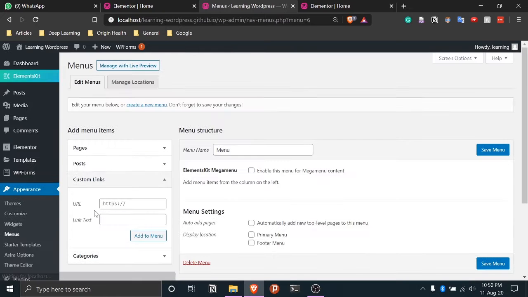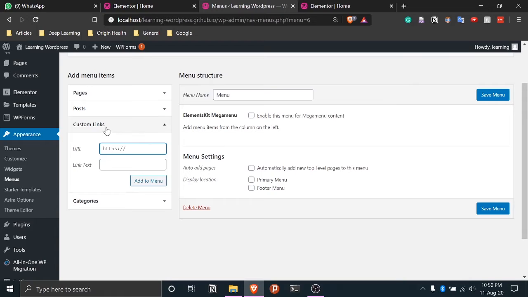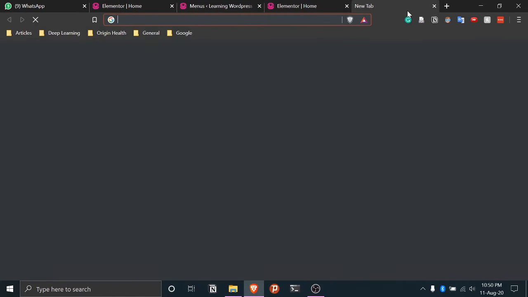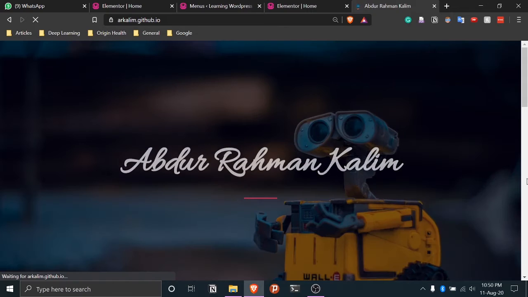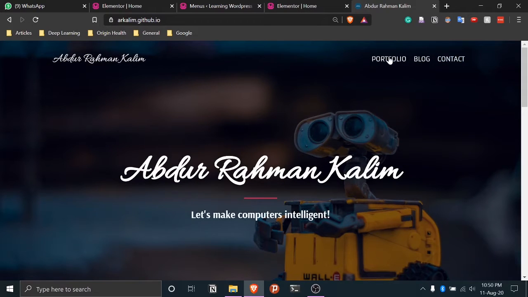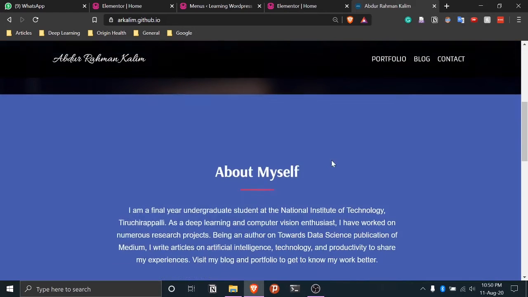And then here we'll go to custom links on this side, and here we want to put links for each menu item. So let's say I want three icons, like three different things in my menu. So first is home page. If you see my web page, I have three different things. One is portfolio, blog, and contact. So let's say I want to recreate this website.